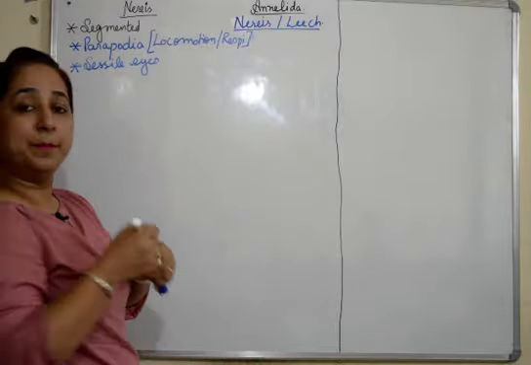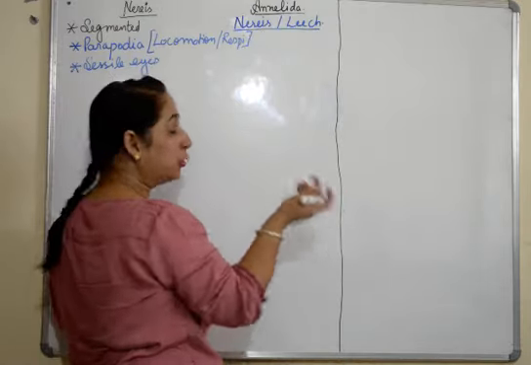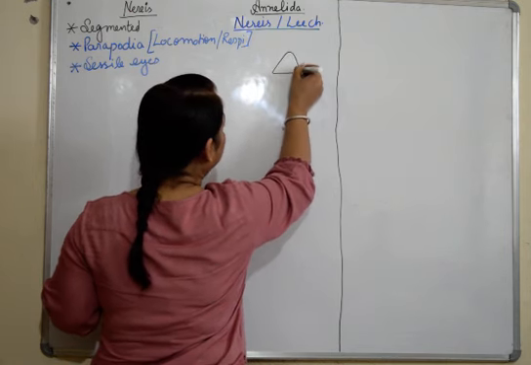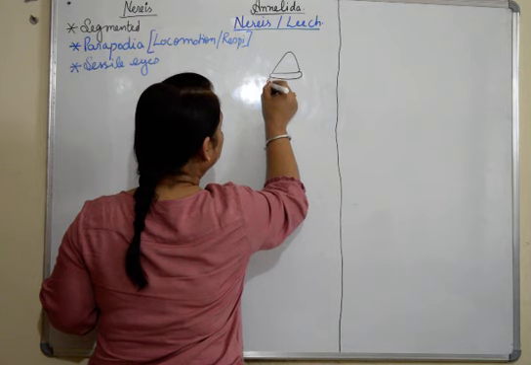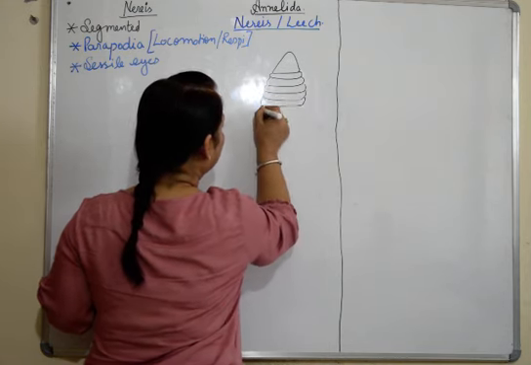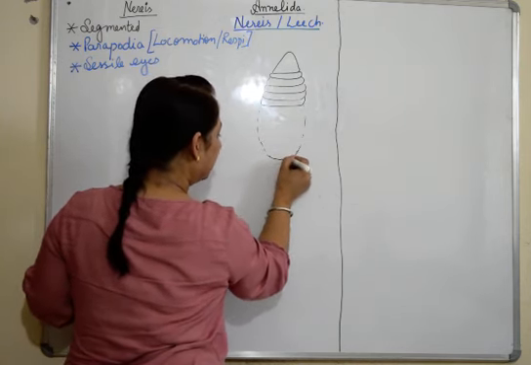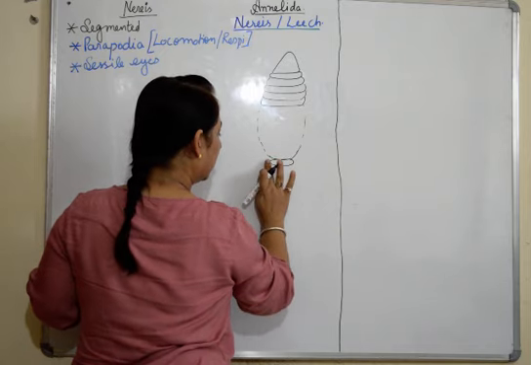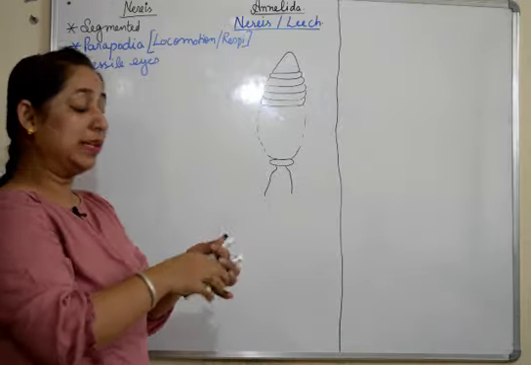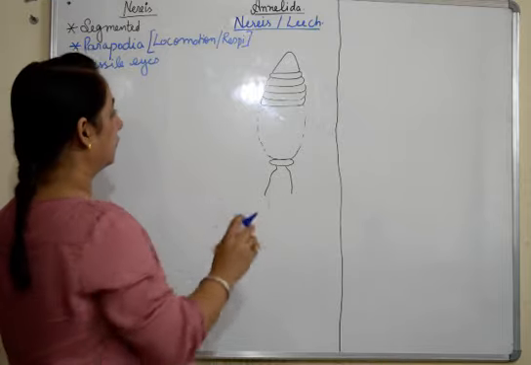Now we'll make the diagram and simultaneously we'll talk. Now when we talk about the structure of Nereis, as I told you, the body is segmented. So when we see the structure, it has this first segment and then we have multiple other segments. I'll just draw the segments, and then we have other segments, and finally we'll draw the last segment, and these are the structures arising from it. Now we'll talk about specific segments, as we have discussed in earthworm in the same manner.